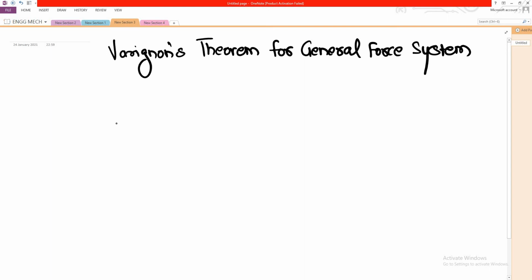So here we are going to talk about application of Varignon's theorem when the given force system is general. When we say the force system is general, we mean that the forces involved will not be just parallel. The forces may be inclined, that is, some inclination will be provided, and for calculation of resultant we will have